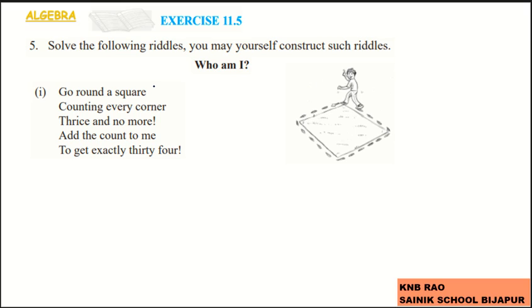So, go around a square. Going around a square is perimeter. Counting every corner, that means taking every corner. Thrice and no more, that means you are going for 3 times. Add the count to me to get exactly 34. So, exactly 34 you are getting,